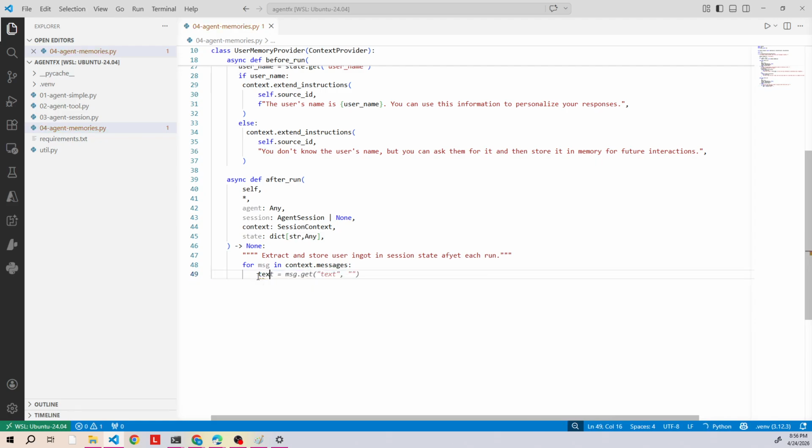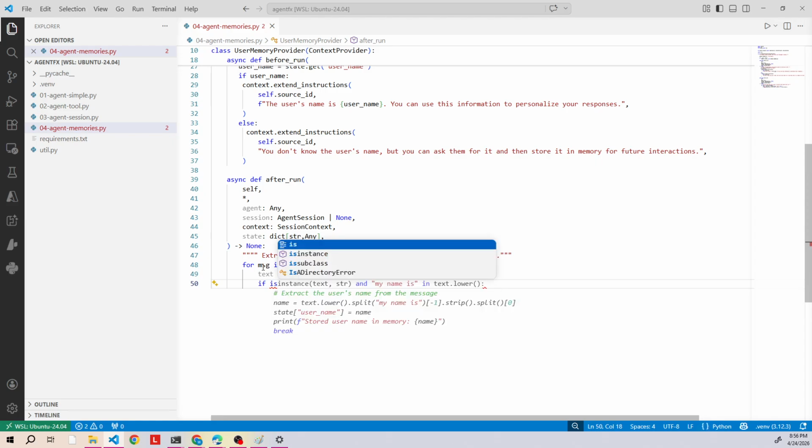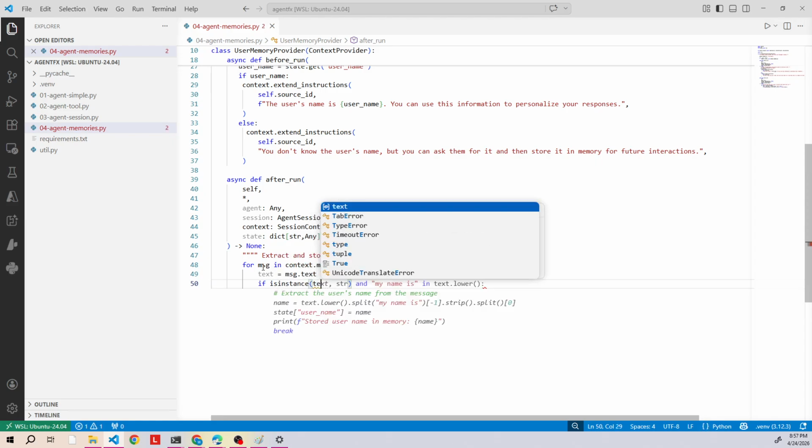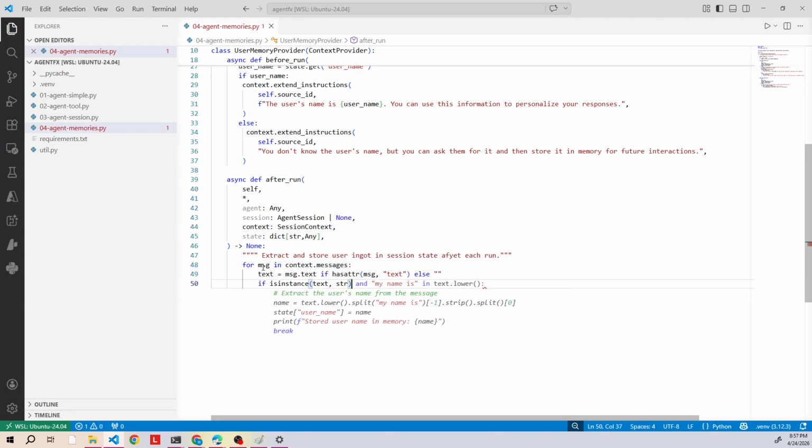So I'll say text equals message.text if it has the attribute message text, else this. If isinstance text string and "my name is" in lower, then what I'm going to do is